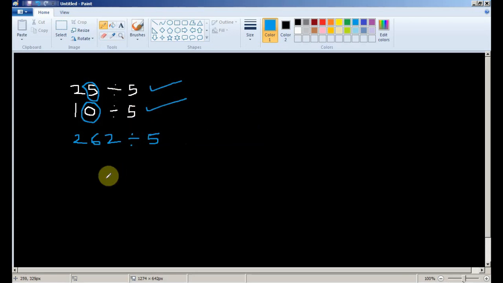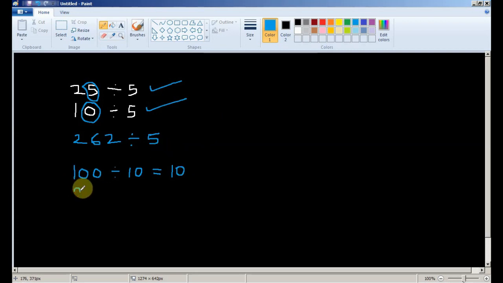Okay, a similar case goes for 10. If a number has 0 at the end, for example 100, I don't know whether this is divisible by 10 or not. So what I have to do is check if the last digit is 0. If yes, then the number is divisible by 10.